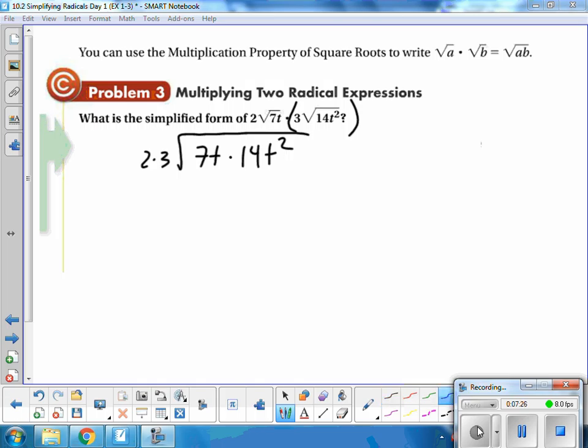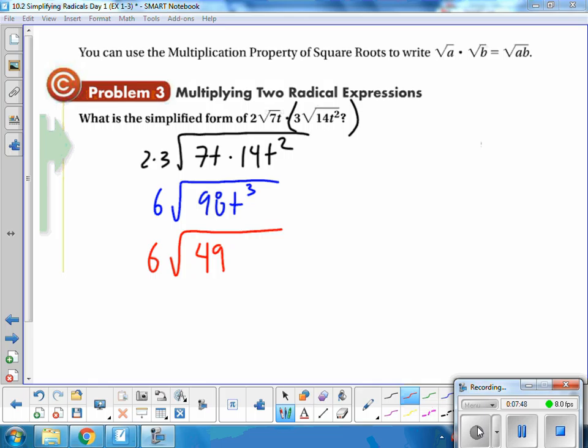I can simplify all of these and I end up with 6 times the square root of 98t to the 3rd. And I can see that's an odd exponent, so I'm going to have to deal with that in a bit. So that's going to be 6 times my 98 can become